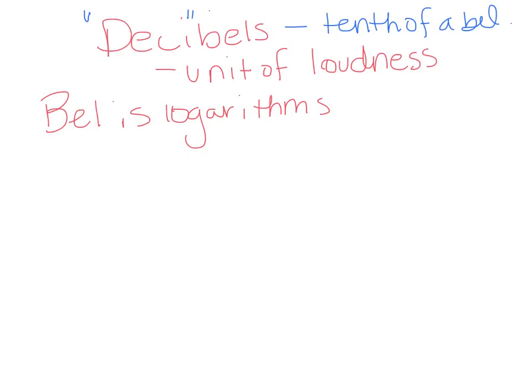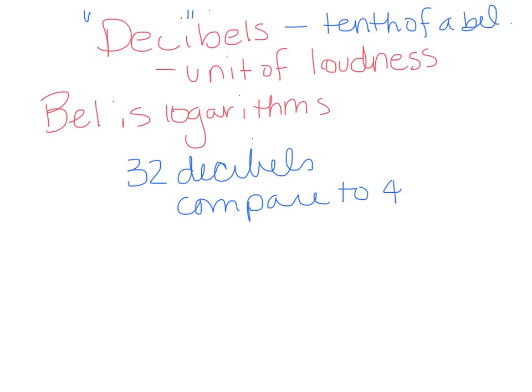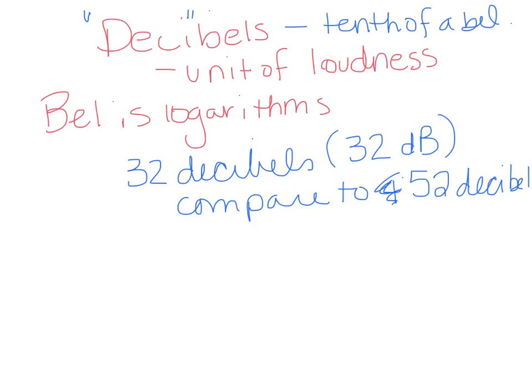So what happens is, when you're comparing, let's say I want to compare 32 decibels to 42, no, I don't want to do that, that's too complicated, to 52 decibels. Let's do that. And this can be abbreviated. Let me show you the abbreviation. For this, it's a little d and a big B. That's 32 decibels. So this is 52 little d, big B, and that's 52 decibels. So if you want to compare these two, the first thing you have to do is